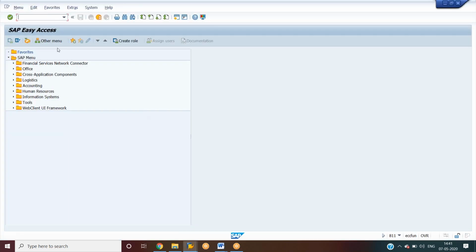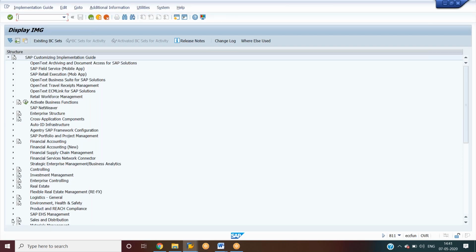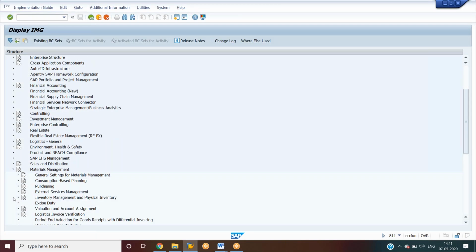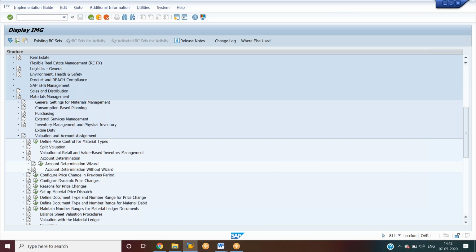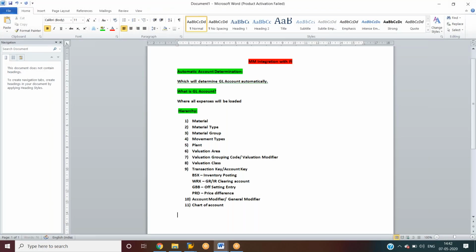Now let us go to the screen, to the path SPRO, SAP Reference IMG. See here, you can see Material Management, then Valuation and Account Assignment, then Account Determination, then Account Determination Without Wizard. This is the path. Let me type it here. Guys, please be focused.